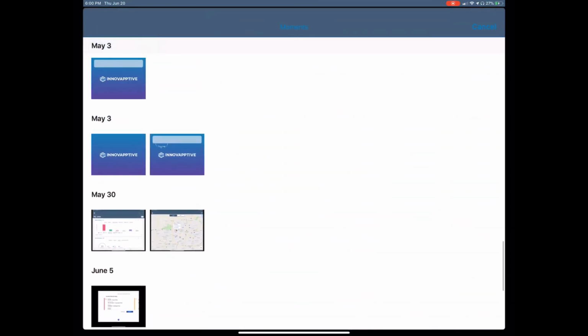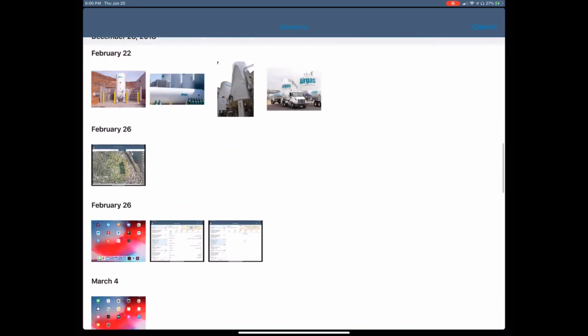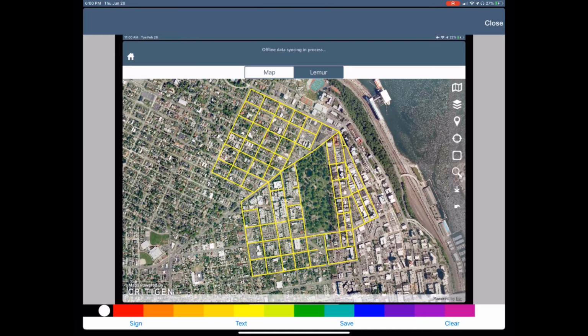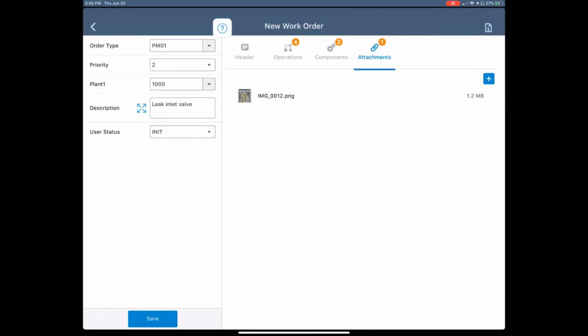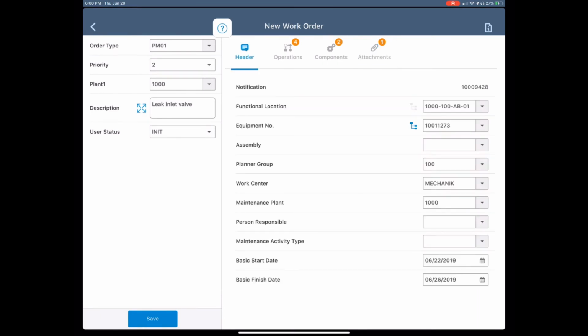Finally, I can include any attachments that I need for this job. So if I have videos or images that need to get added on here, I can select those images and save them on to the task. So this gives all the relevant information to the technician who's going to be on site performing